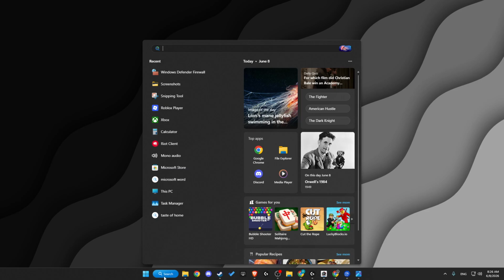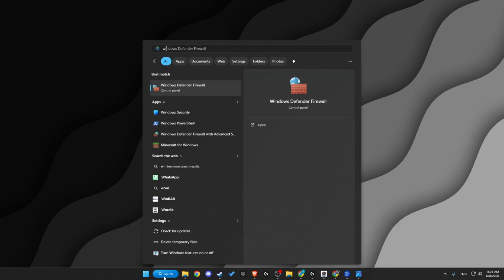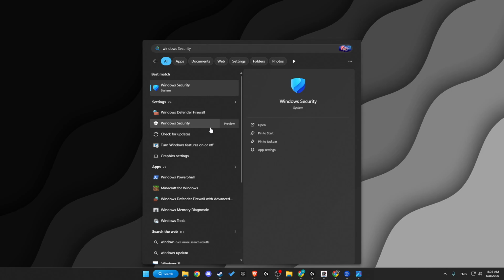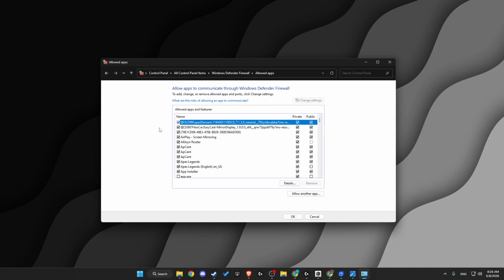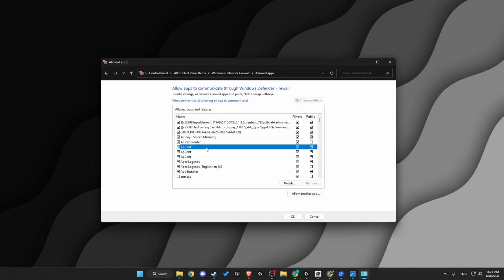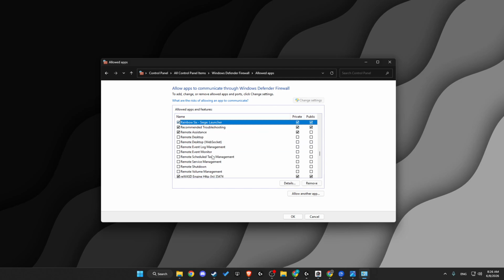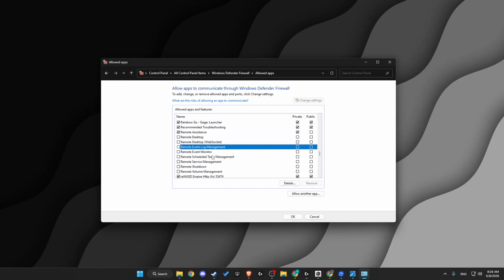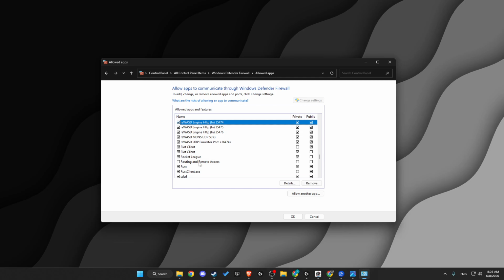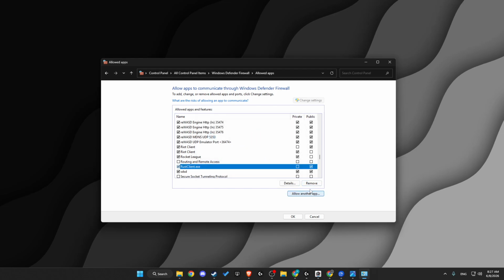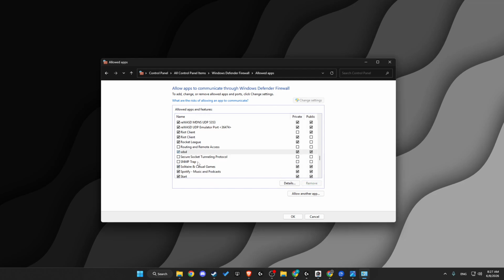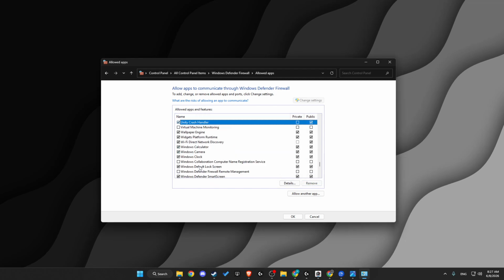First of all, what you need to do here, you need to go on search and then write Windows Defender Firewall. Then you need to go to allow an app or feature through Windows Defender Firewall and then click on one of the tasks here and press R until you see Rust, right? Rust, and then what you need to do here is to remove it. Then remove Rust client exe, and then we need to remove Unity crash handler,